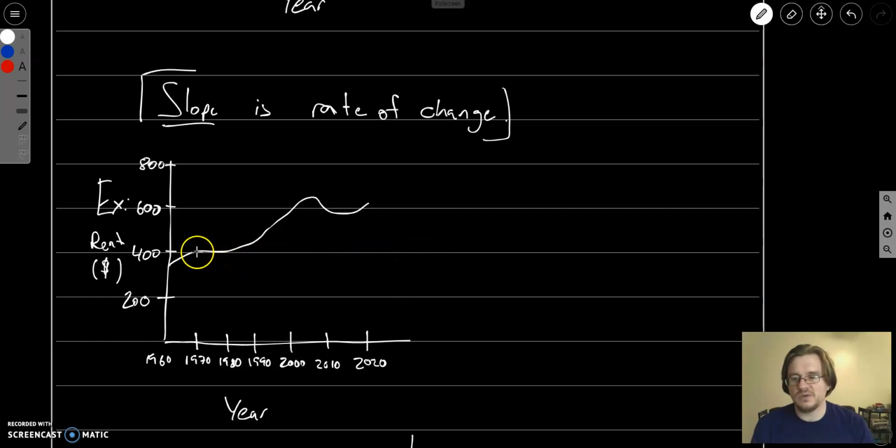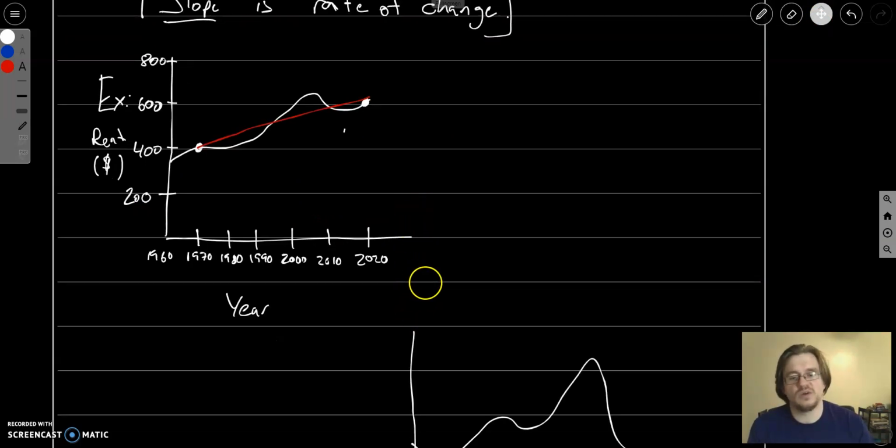So for instance, if I still want to go from 1970 to 2020, what I can do is talk about the average rate of change. And the average rate of change, let me do this in red, is going to be the slope of this line there in red. So when we talk about averages, we're not worried about all of the messiness in between. We just want to know, where did we start and where did we finish? So on average, what was the change of price, or what was the rate of change